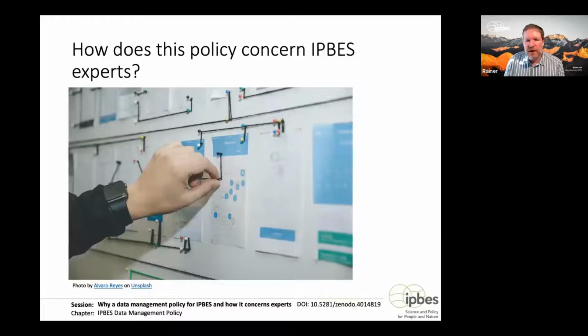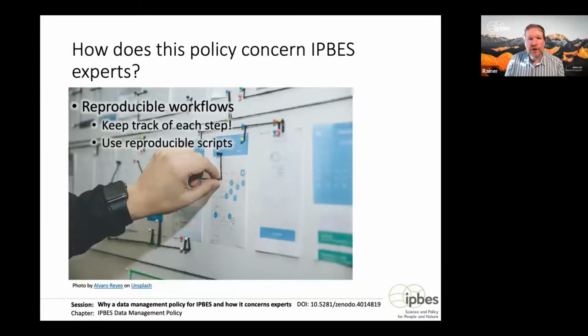The next stage is the workflows. These workflows need to be reproducible. Each step within these workflows needs to be documented, and you have to keep track of each step. They should follow scripts instead of clicks. So each analysis, each workflow needs to be reproducible at a later stage by anybody who is trying to reproduce your results. This is also discussed in more detail in the chapter Data Management of Active Research Data.